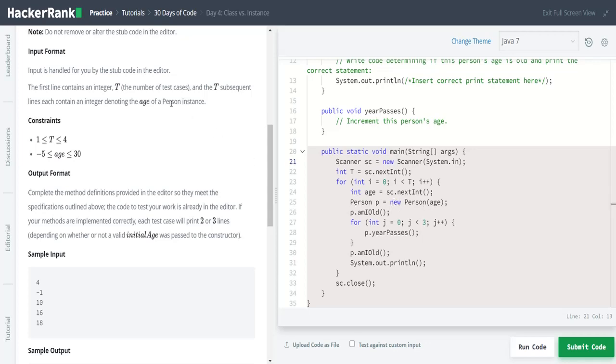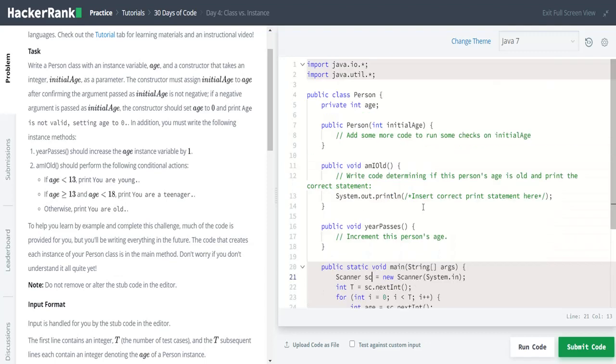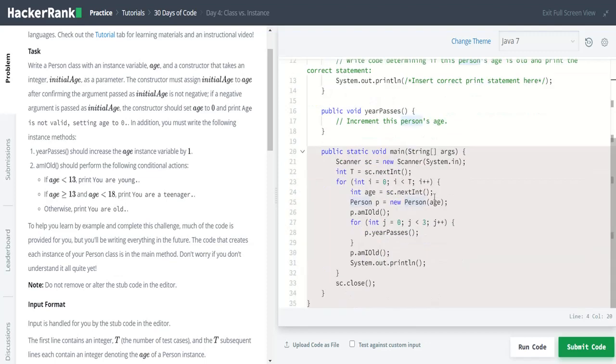As they have said, the constructor takes an integer initial age. You can see that Person is a class, p is the object, and it is equal to new Person. I hope you remember that in some video we discussed how to use a constructor and also explained it with an example.